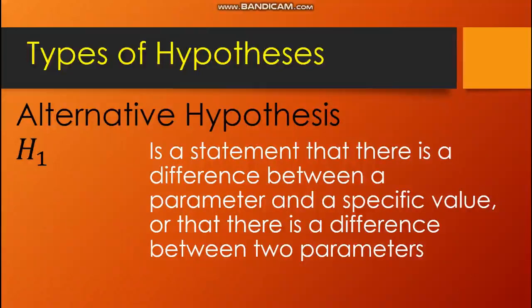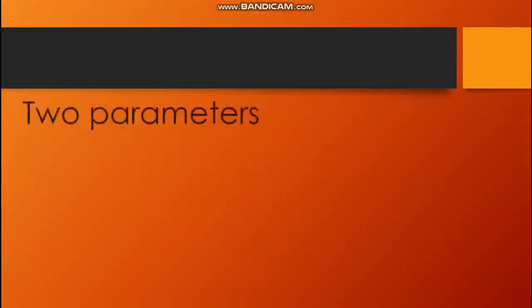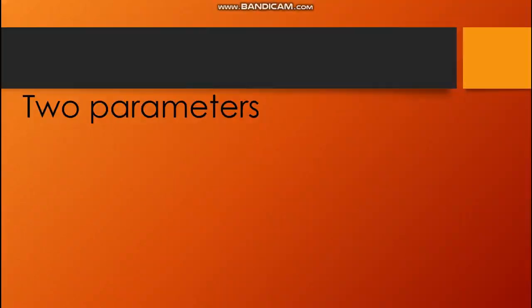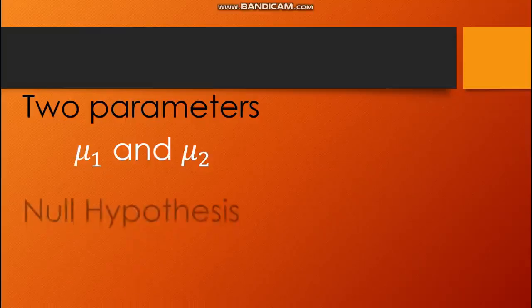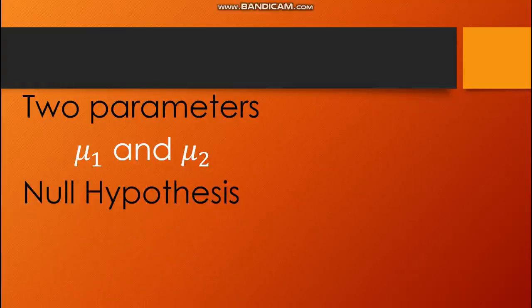Okay? So, paano ba natin ilalagay sa symbol yung ating null and alternative hypothesis? For example, if we have two parameters, let's say the population means. Mu sub 1 is the mean of the first population. Mu sub 2 is the mean of the second population. For the null hypothesis, para masabi nating walang pagkakaiba o walang difference yung dalawang population, we're going to write